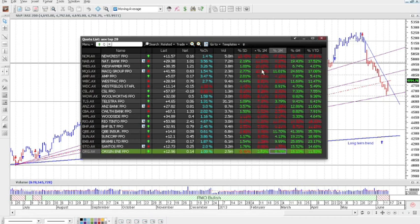As we move up and have a look at some of the last month's results for some of the others, NAB's down over 11%, Wesfarmers down over 10, Macquarie down over 10, and then we just sort of start getting down towards the mid-range. When we look at a couple of these different charts,